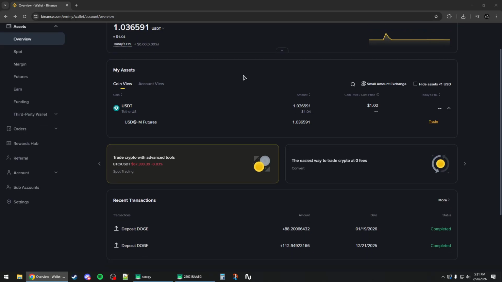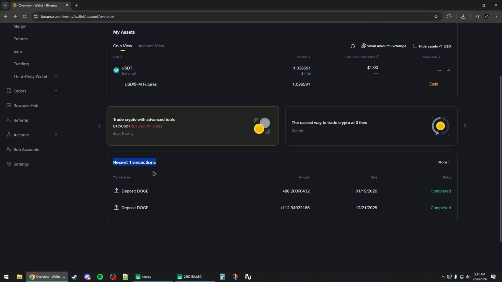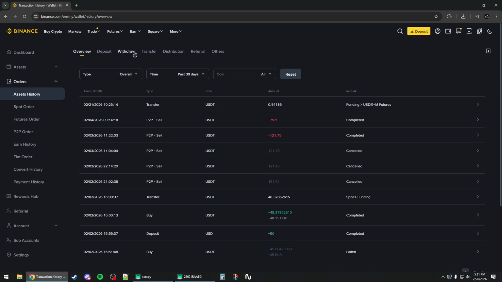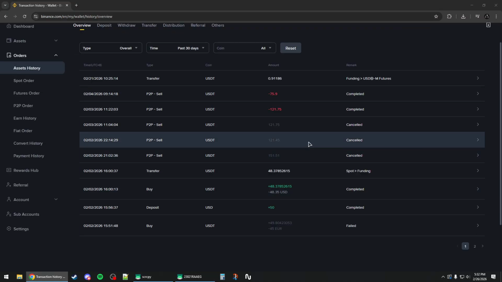Now you can scroll down and you should find the recent transactions here. Click on the More button on the right side, and this should open up the history. Make sure it's set to Assets History here, and then you can specify the type if you want a specific transaction. Also, you can specify the time, past week, past month, or past 3 months, and it should bring up